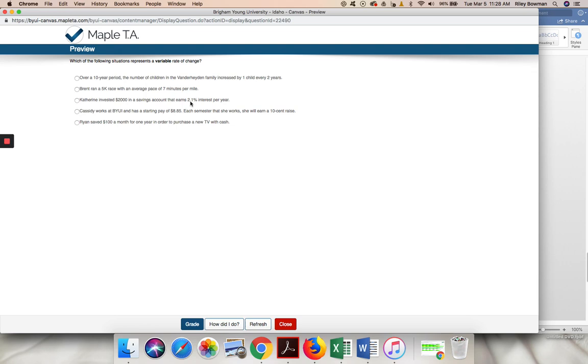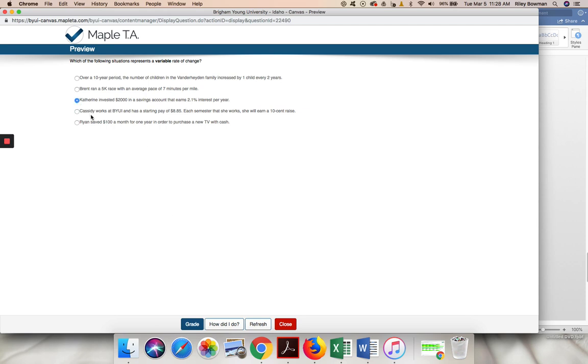This is a percent. So this one right here tells me it's a variable rate of change because at the end of the next year it will be even bigger than last year. Just like in your interactive textbook, if I were to graph this, I would have a curve going up. So this one is a variable rate of change, but let's go ahead and look at the other ones